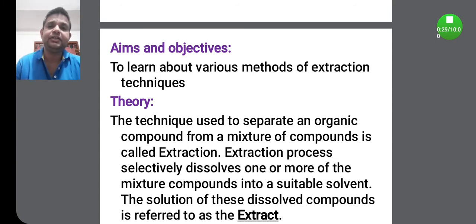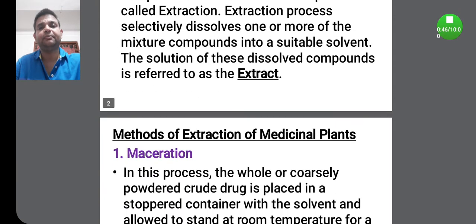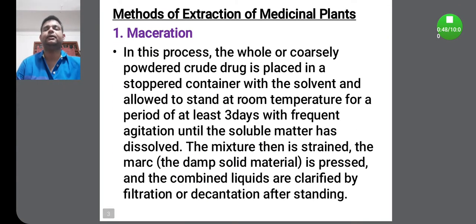But the major disadvantage of this method is the percentage yield. The percentage yield of the extract obtained by this method is very less, very minimum. So this is one of the major demerits of this method. Coming to the percolation method, here also we are using both the crude drug and the solvent, but the percentage yield compared to the maceration method